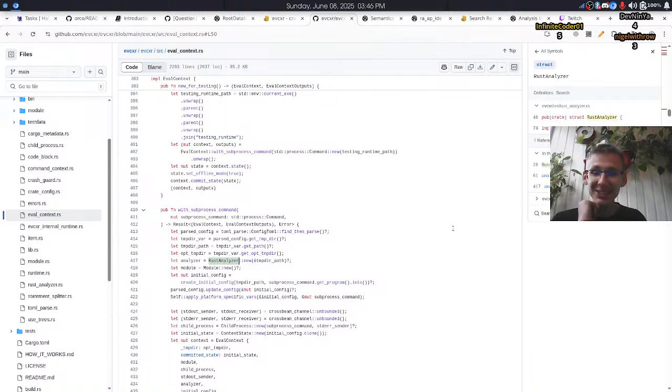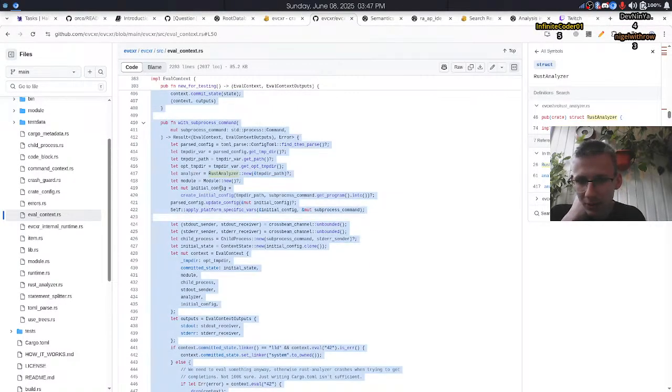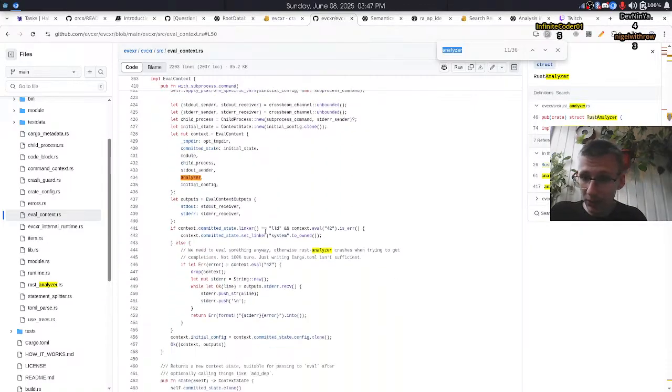Analyzer equals Rust analyzer new. Now, what's analyzer doing? It is an important part of